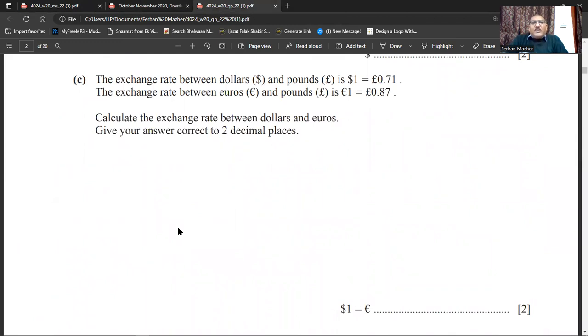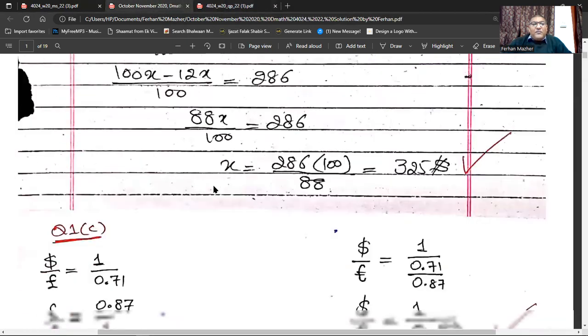The exchange rate between dollars and pounds is $1 is equal to 0.71 pounds. The exchange rate between euro and pound is 1 euro is 0.87 pounds. Calculate the exchange rate between the dollar and euro. Give your answer correct to 2 decimal places. So $1 will be equal to how many euros? So I will write this in fraction form. So dollar by pound will be equal to 0.71 by